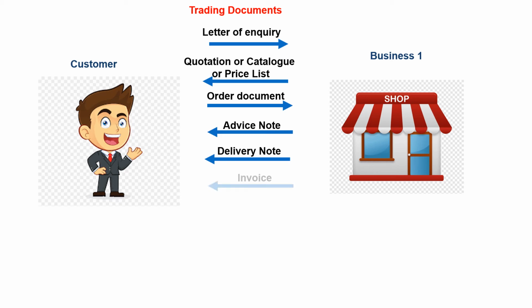Right. Along with the delivery note, there is another document sent by the business, which is simply called an invoice. If the consumer has not done the payment yet, then the company will send an invoice document to the customer, so the customer knows how much money they have to pay. And as I said earlier, if there's a problem with the goods, the customer might want to return them. When they are returning these goods, the customer has to submit another document to the company, called a debit note. So a debit note is used to specify to the company that you are returning these goods and you are asking the company to pay that amount back to you.